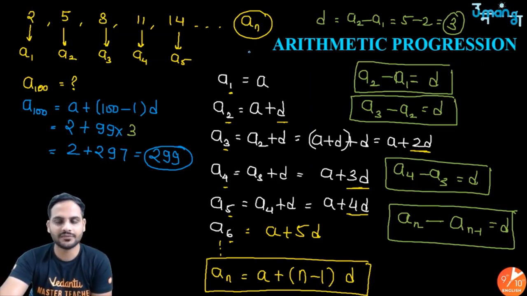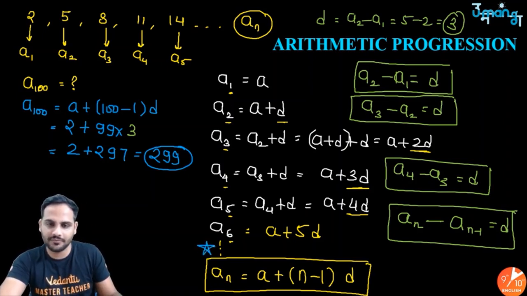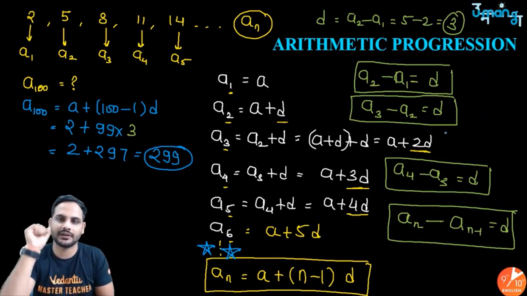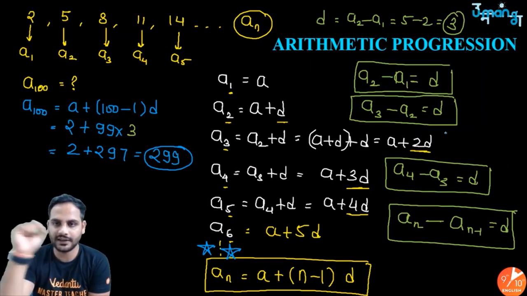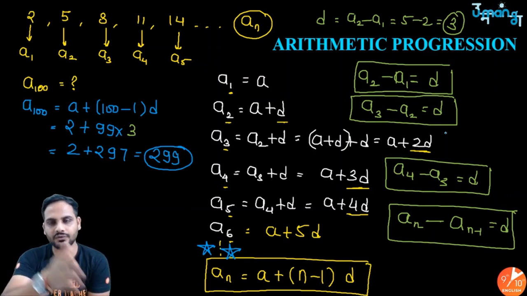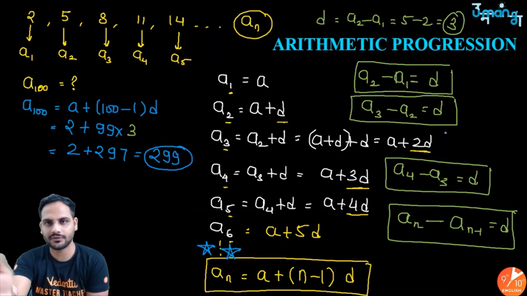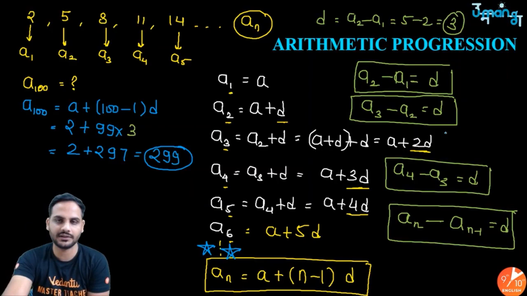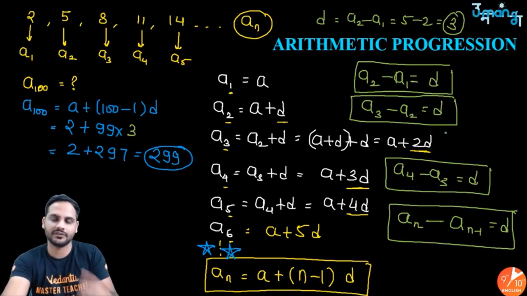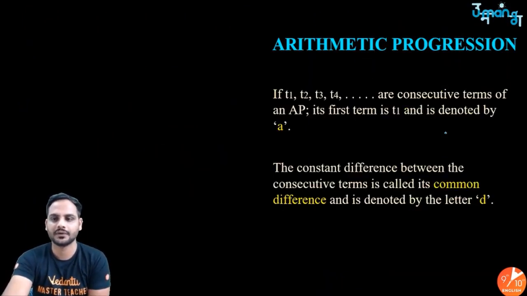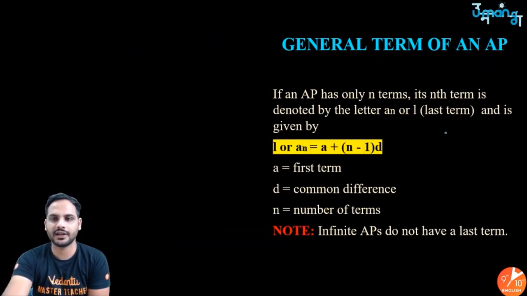Now let's move ahead and use this formula. This formula is very important. Also remember, the common difference is a2 minus a1, a3 minus a2, and so on, an minus a(n minus 1), which is very important. The common difference can be negative, positive, or 0 as well. No problem with that. The first term can also be anything. Got it? This is your formula for the nth term.